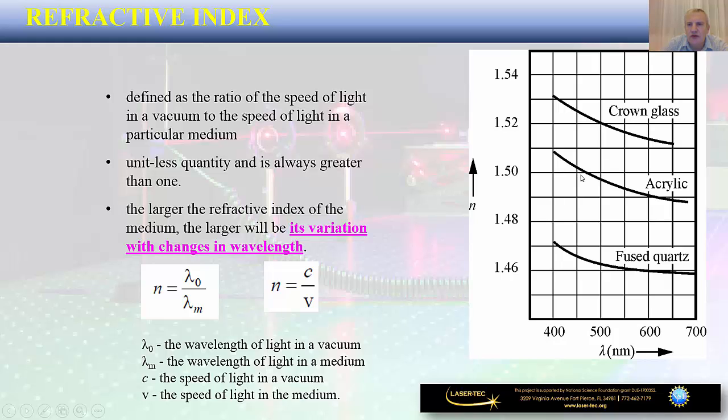And if we are going all the way to the right side, if we come closer to 700 nanometers, which is the wavelength of red, we see that the index of refraction of acrylic dropped from 1.51 all the way down to below 1.49. So these differences are relatively small, right? We're talking here about a change from 1.51 to 1.49 in the case of acrylic, but they are enough to produce a certain effect that we can very easily